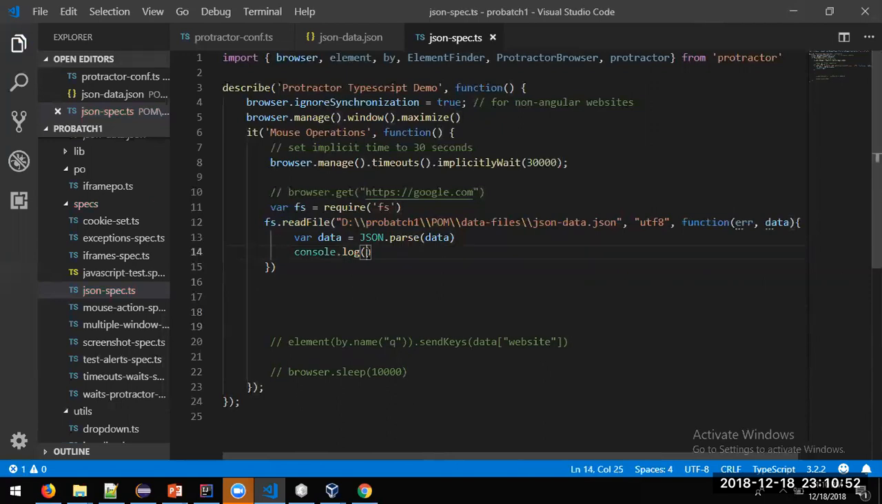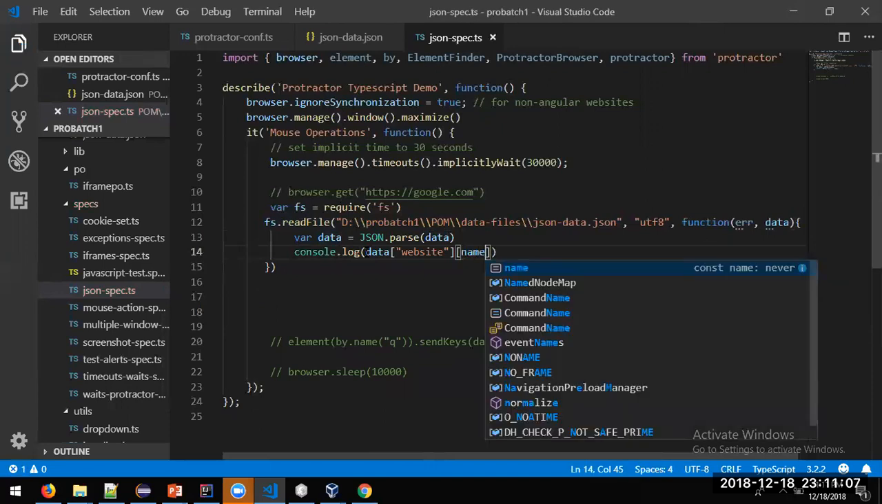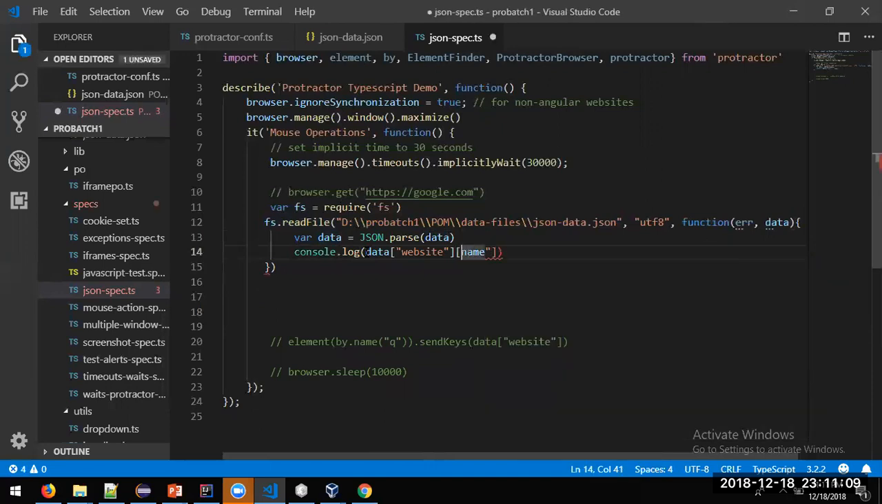What do I need to print here? The data is, the total JSON file is stored in data. Data, website, and then name, and then key, name. Okay. So everything should be in the form of a string. Okay, for example, if I write something here,